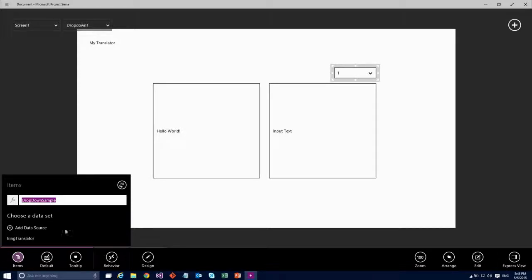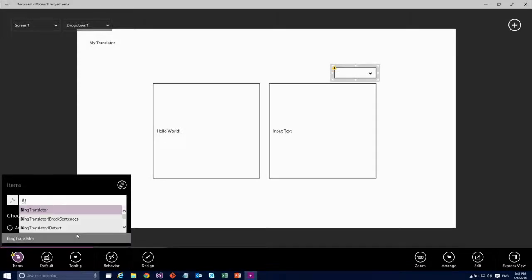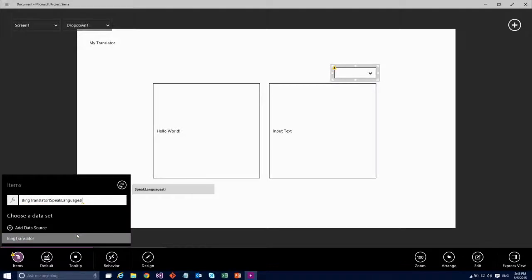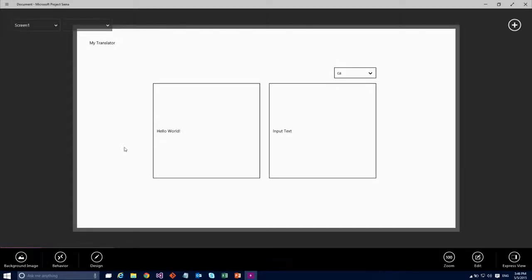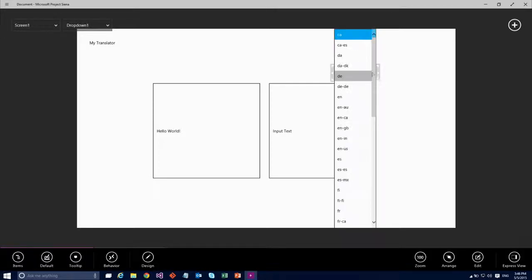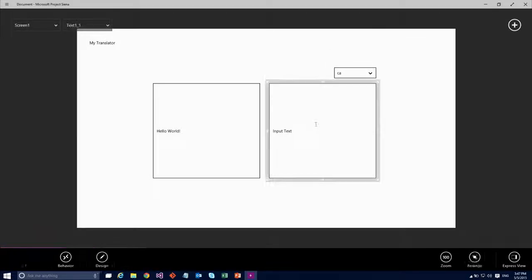Right now, this is a drop-down sample. What I want to do is go into Bing Translator and find all of the languages that I can, in this case, speak it back. So I'm going to call my speak languages function. And if everything works well, then when I click off of this, it should trigger that call, go to Bing, and return that data. It's a table, so it immediately maps now to this list of languages. Cool?